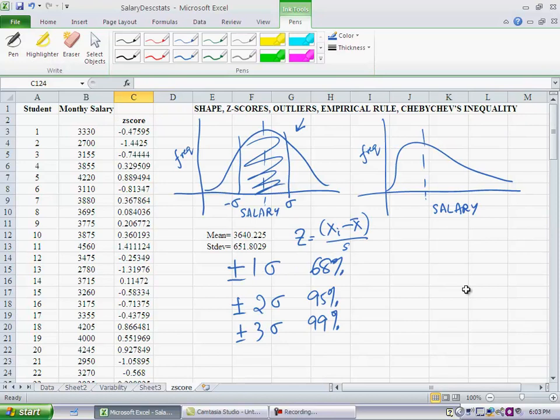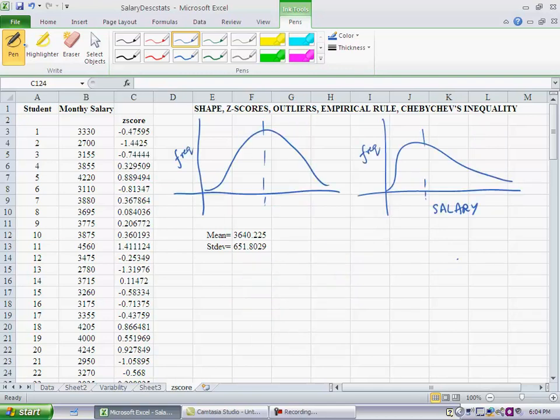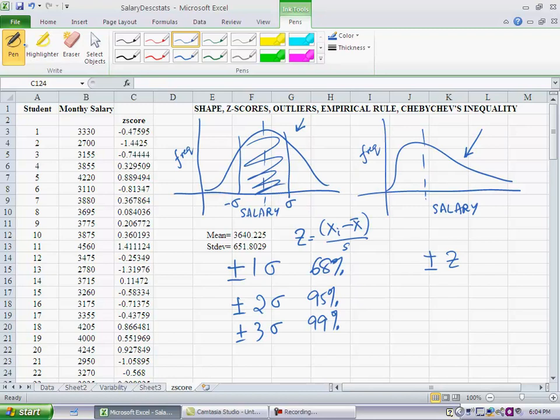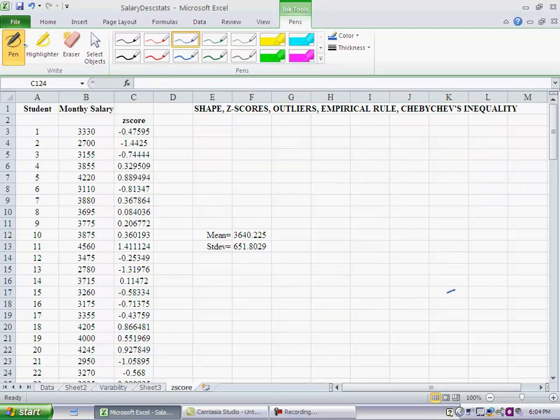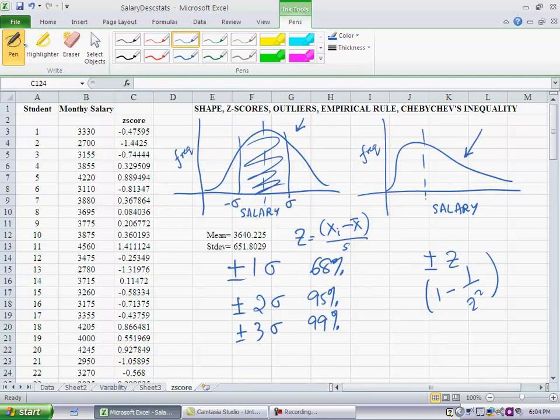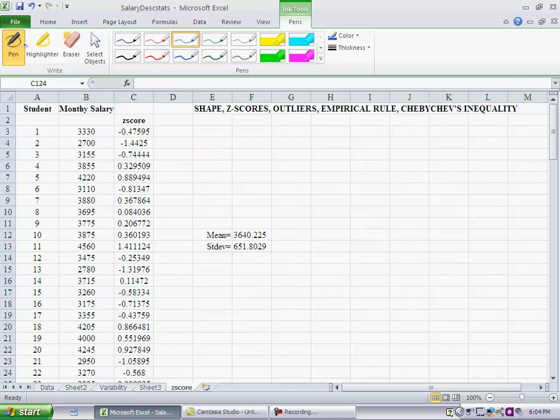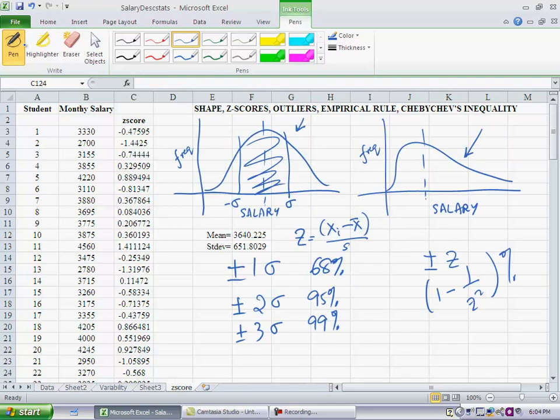Now, what if the pattern of values, the distribution of values, is not symmetric and is sort of skewed like you see over here? Then you can use something called Chebyshev's inequality, which says that if you go within plus or minus z standard deviations away from the mean, then you will have at least